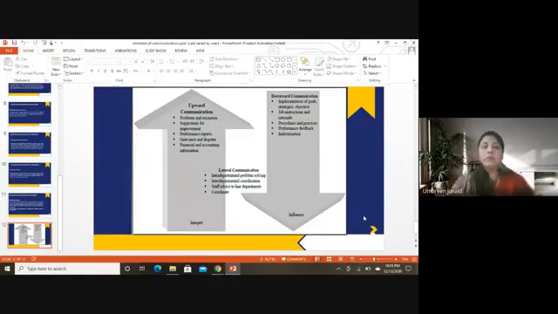For example, when the papers are near, the exam office is the most active department at that moment, and people coordinate with each other: you will handle these four departments, I will handle these four departments, the third person will handle the next four departments, and we are going to update the question papers and when these papers are going to be held. So this is the activity that is going on inside the department.